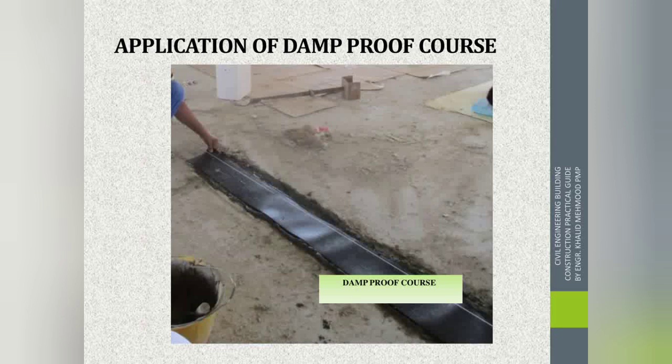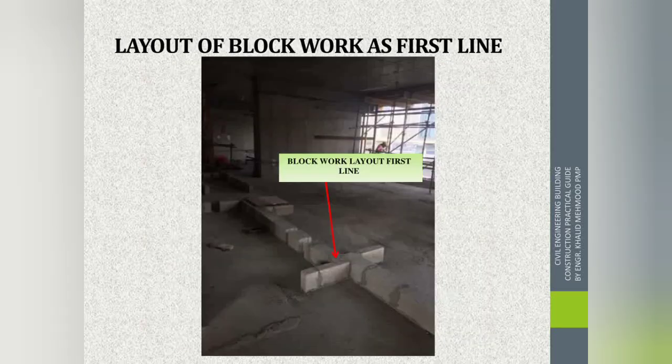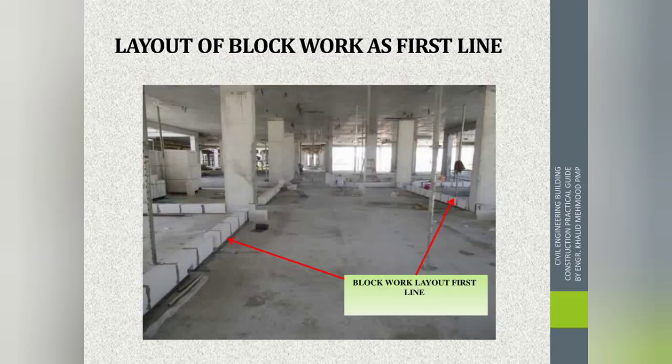So let's start from the block work. First of all, under the block work, we will apply a damp proof course under all the blocks to avoid dampness. Then we will start the block work layout. We will install one layer of block on the whole floor. Why do we fix one layer of block on the whole floor? Just to cross check that the dimensions are okay, the sizes are okay, and everything is fine as per the drawings. Then we can proceed to the next layers.